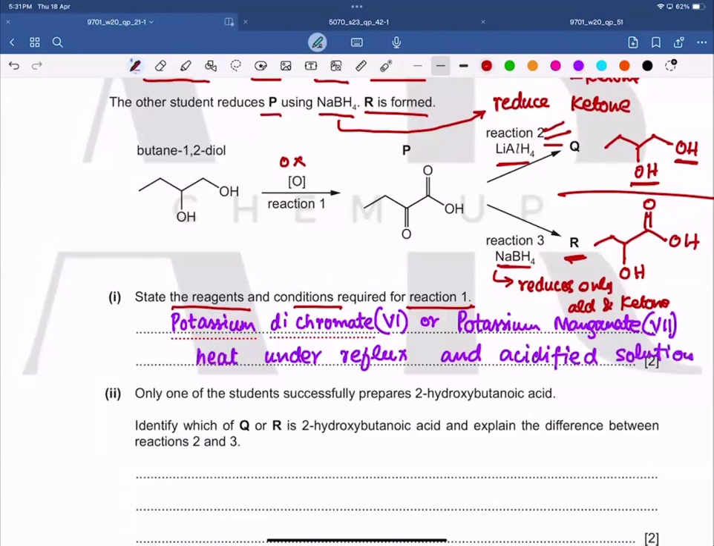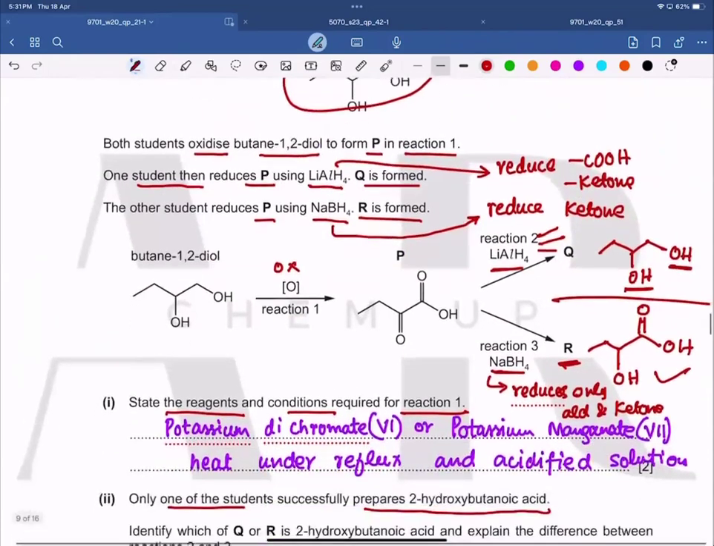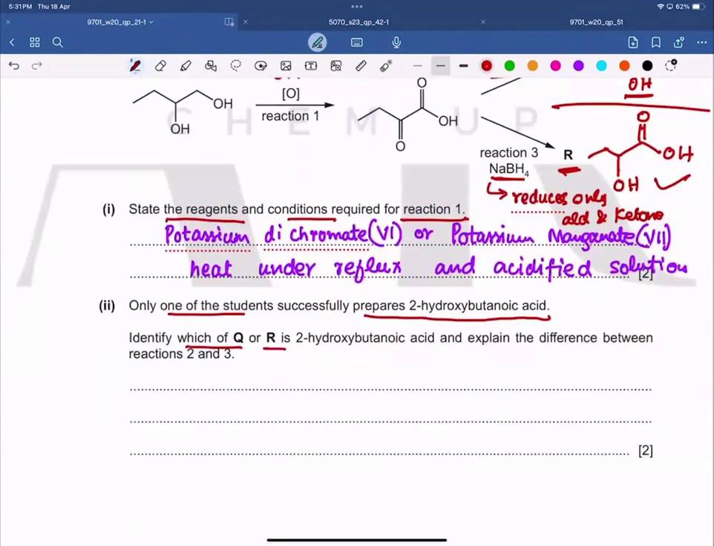Okay. Now next part. Only one of the students successfully prepares 2-hydroxybutanoic acid, and we already know that in reaction 3 the target molecule is formed, and in reaction Q we didn't get this product. Identify which of Q or R is 2-hydroxybutanoic acid. So we already figured it out, it's R, and explain the difference between reaction 2 and reaction 3. So we will first write R is 2-hydroxybutanoic acid,